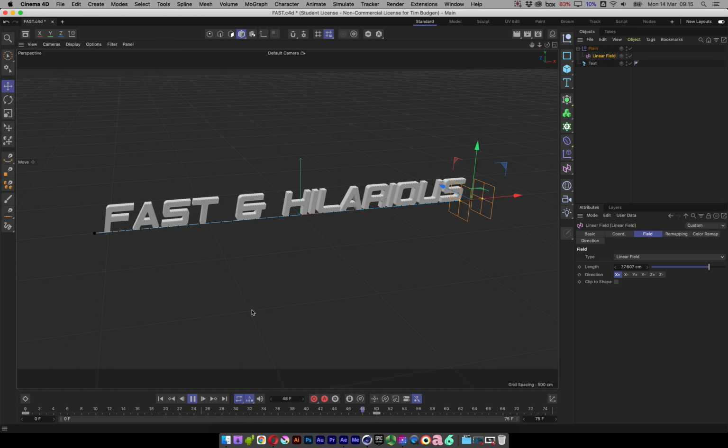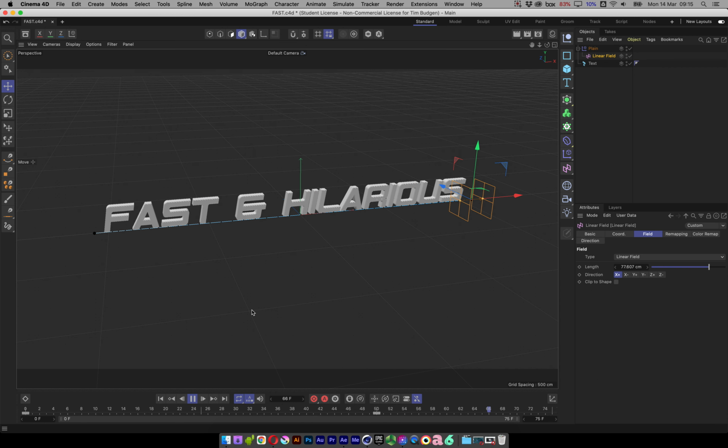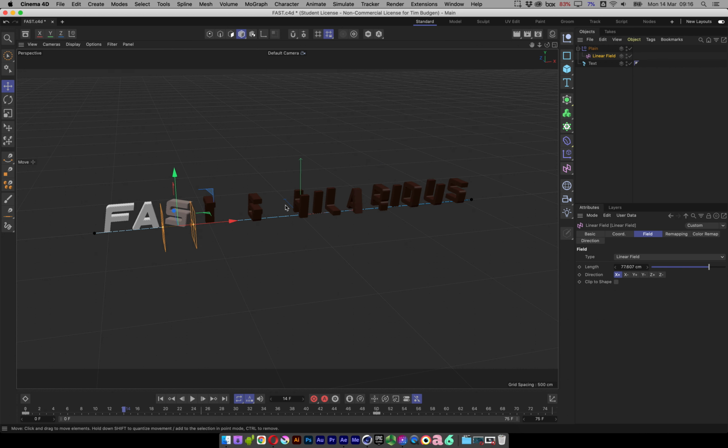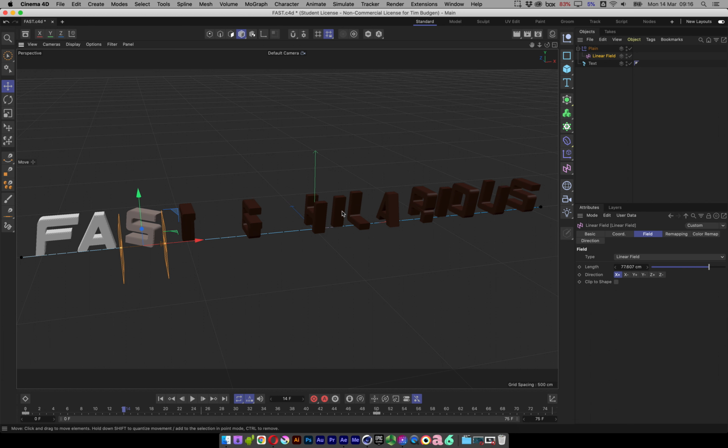I'm happy with that. What I would like to do is add a little bit of additional motion to it though. One of the principles of animation is called follow through, and when we're doing any kind of animation it's always good to think about those original principles of animation. Follow through gives us a little bit of momentum, a little bit of motion of our moving objects once they come to a stop. And it's a really easy way of creating this momentum in Cinema 4D using effectors, and that's by using a delay effector. So the effector is going to affect the text, so let's make sure we have the text